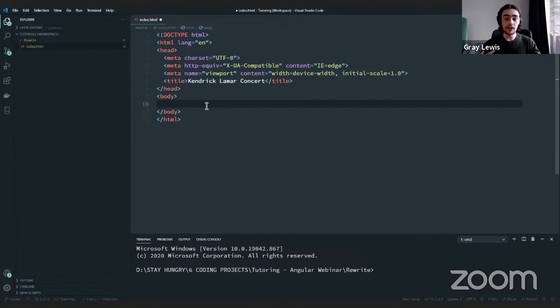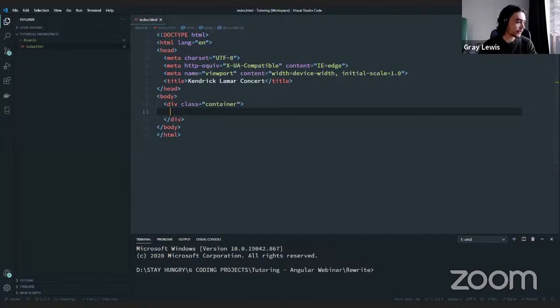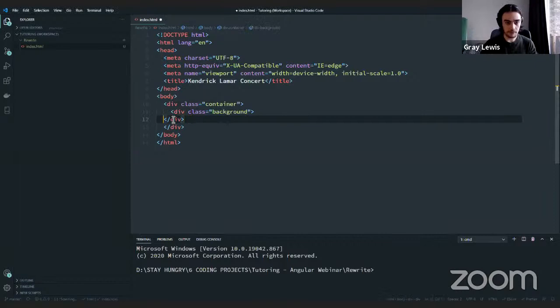I'm going to also be using a shortcut here. I believe this is actually also an Emmet abbreviation. If you write div.container like so, and then you press enter, it will use the autocomplete for the Emmet abbreviation, and we will get a div named container. So that's just a little shortcut for us, right? We can just name the type of element, dot, and then the name of the element, press enter, and it will just generate that element for us. And that will really help with the speed. So we make the container. I'm going to also add in the background div right there. And then